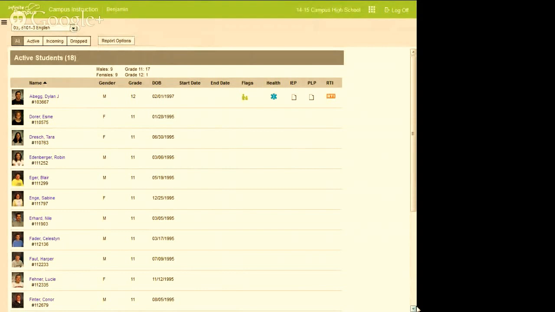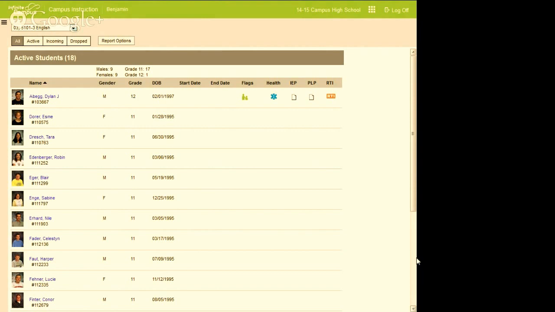these are the flags that Paula was talking about, the health issue, the legal issue, any of those program flags that teachers should see. But notice that I have an IEP, I have a PLP, a personal learning plan, and then I have an RTI, response to intervention, if you guys are doing those plans as well. All this is included in the core product, the ability to create those plans. And let's say the system knows I'm the teacher of a student, and that student has a locked plan. So based on my schedule, the dates that I have that student is when I have access to this information.